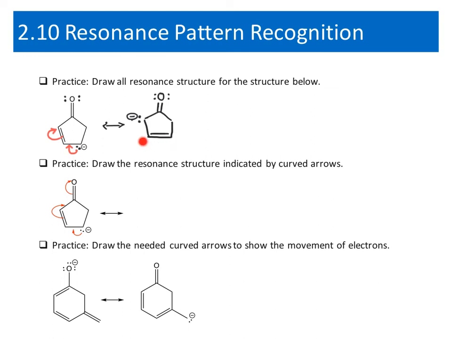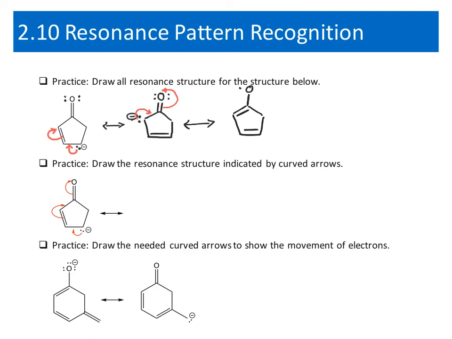Then if I look at this structure, again I can recognize an allylic lone pair. So I have a lone pair of electrons here, single bond, double bond. So I can push the electrons and move them again. So using two curved arrows, make the new double bond, and then the pi bond forms a lone pair. All right, this is my new double bond,